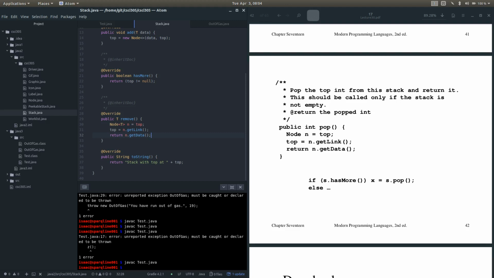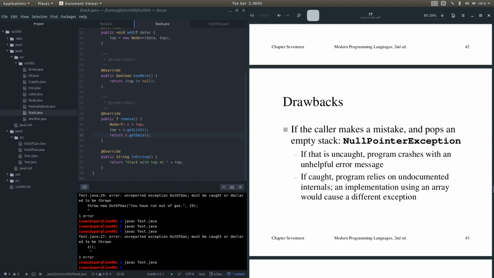What we want instead is to validate that there's something that we can actually do. So prior to doing that, in whatever method that we are calling this, wherever we're calling remove from, we want to actually do a check to verify that there actually is something in the stack before we actually call pop. Otherwise, we, I don't know, print an error or something. There's a drawback to this,